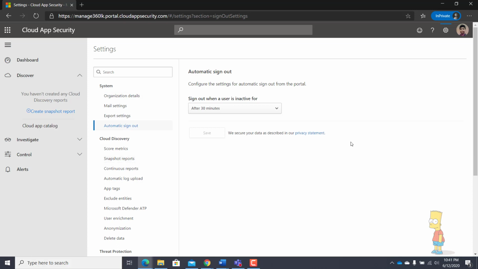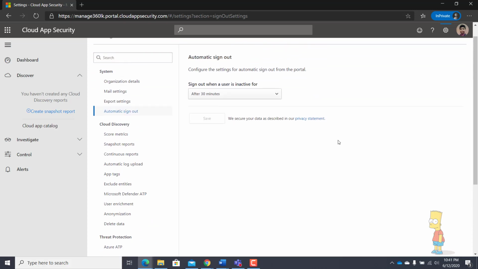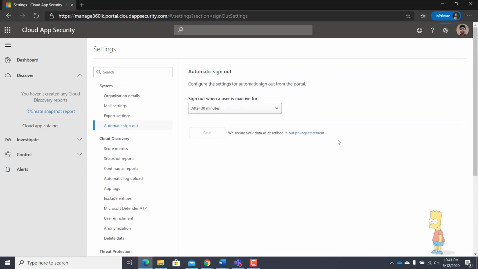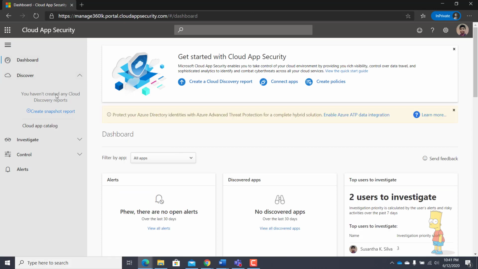So these are the initial areas you need to focus on when configuring Cloud App Security with the cloud applications and connectors in order to get the logs into your system. Only after doing that will you be able to get a proper discovery of all the shadow IT behavior, or the files being used by the users in your organization. Once that discovery is completed, we can discuss in the next video how we're going to do the controlling part.